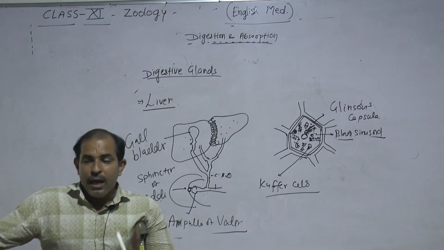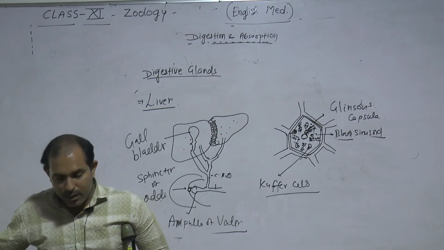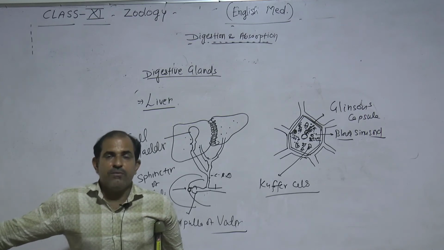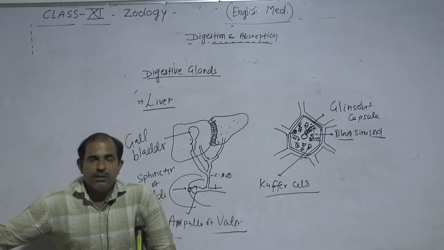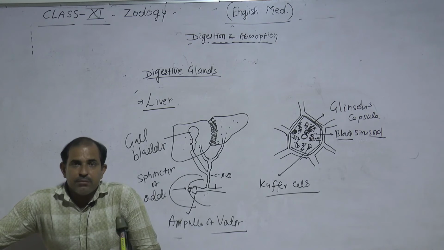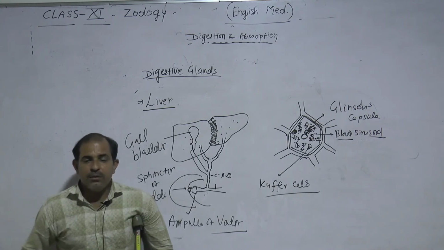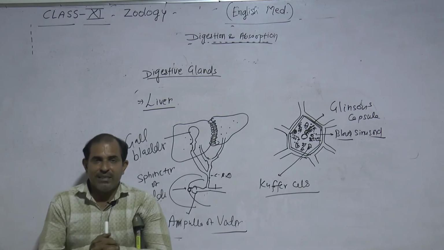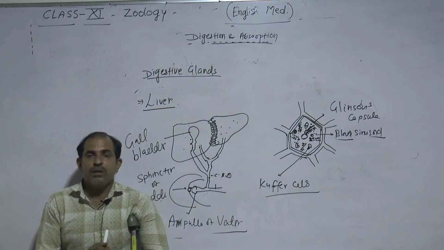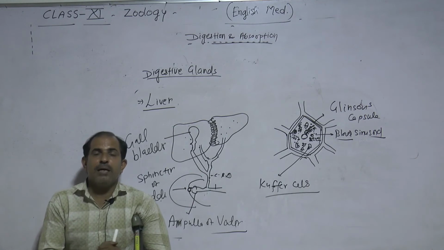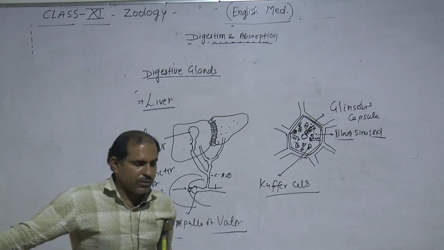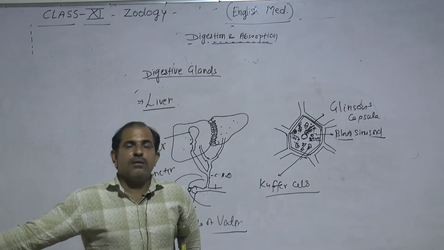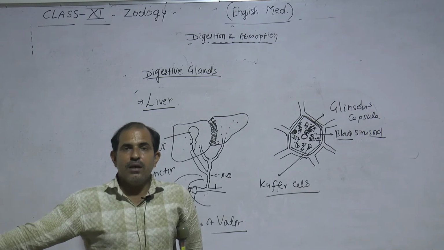duodenum. Okay. And there are two functions of bile juice. First, it emulsifies the fat, and it provides a basic medium in the small intestine or duodenum, because in the small intestine the process of digestion occurs in a basic medium. So the basic medium is provided by bile juice. And if we see the composition of bile juice, organic and inorganic parts are present. In the inorganic part